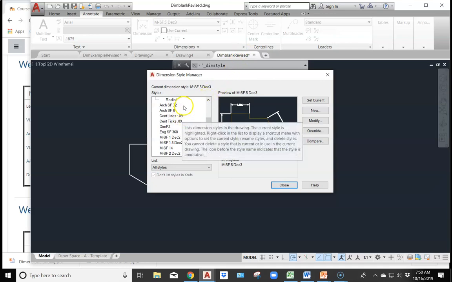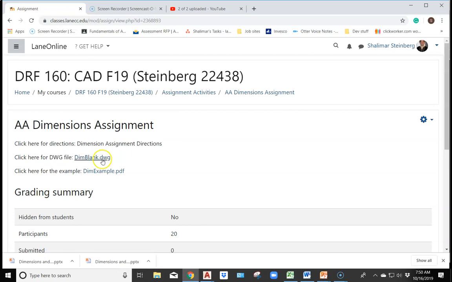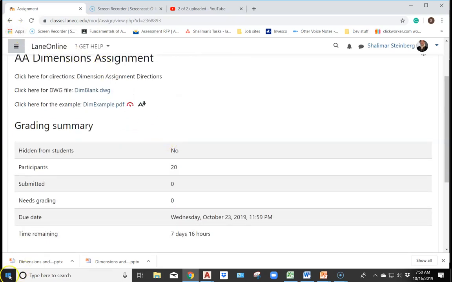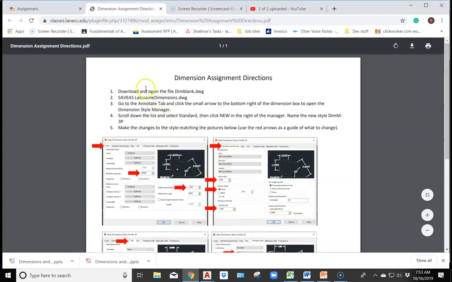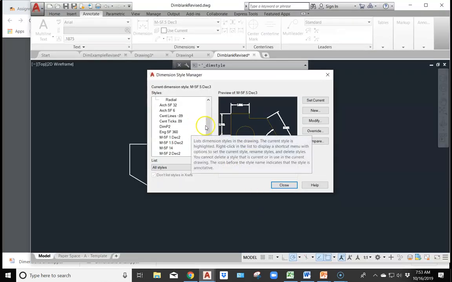You're going to go in, and if you look at the example for this assignment, it should be giving you the directions. Just a second. Okay, now it's giving you the directions, and you'll see that it's a PDF, and it goes through the steps that you need to take, and it shows you exactly which things to change on each screen. So we are going to go back in to our drawing here,